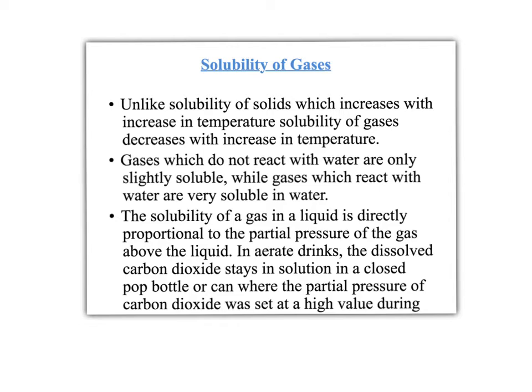If you take, for example, a bottle of Coke or a can of malt, those acidic drinks have dissolved carbon dioxide that stays in the solution in a closed can or bottle. Those carbon dioxide molecules are gases bottled up in the can or bottle. So the solubility of the gas in that liquid is directly proportional to the partial pressure of the gas above the liquid. If you look at a bottle of Coke, you notice that there's a cap on top. That's where the carbon dioxide is bottled up,